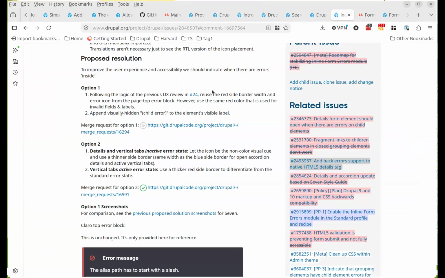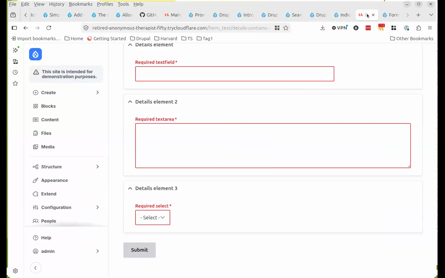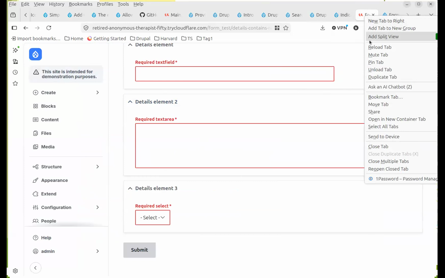But option one is to reuse the red side border width and error icon from the page top error block. However, use the same red color that's used for invalid fields and label. So it's saying that it's using the same red that we see here. You know what? I know how I can